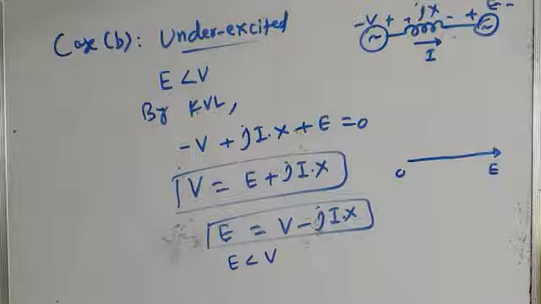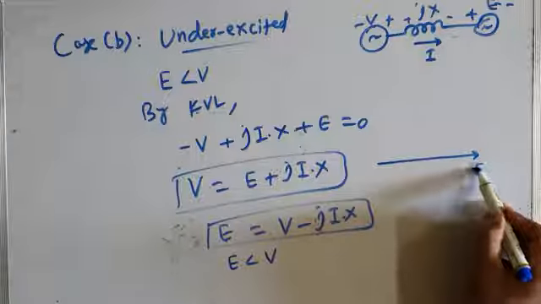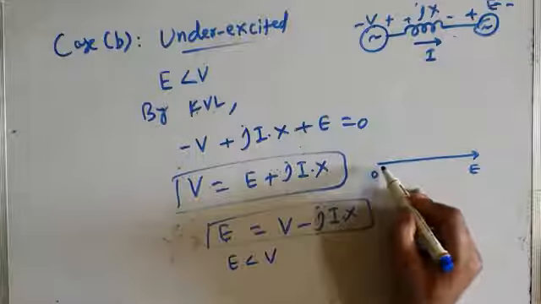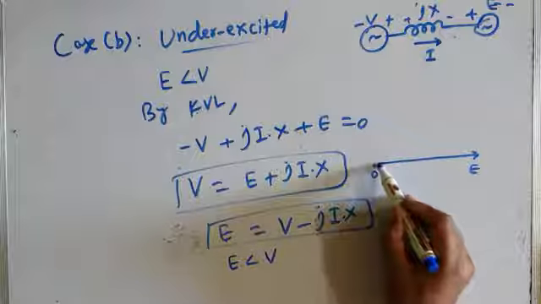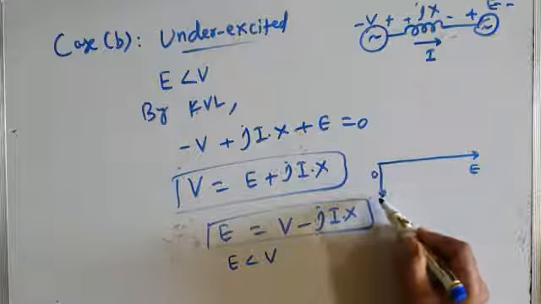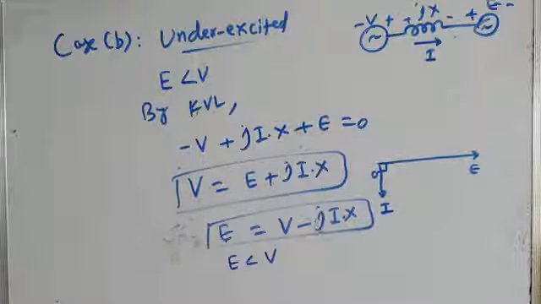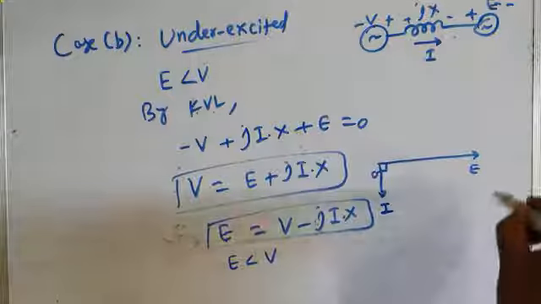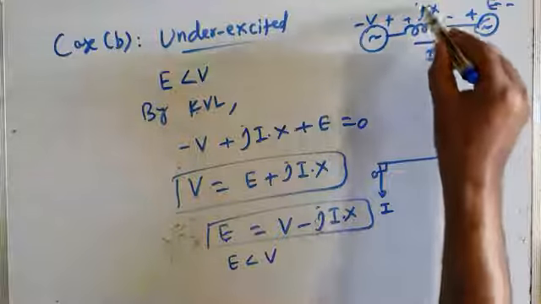When I take phasor E as reference, now the current: when the synchronous condenser is under excited, it draws lagging power factor current. This is the current that it draws, and this current lags behind the machine generated voltage by 90 degrees. So, assuming that all the phasors are moving in the counterclockwise direction, this current will cause a voltage drop